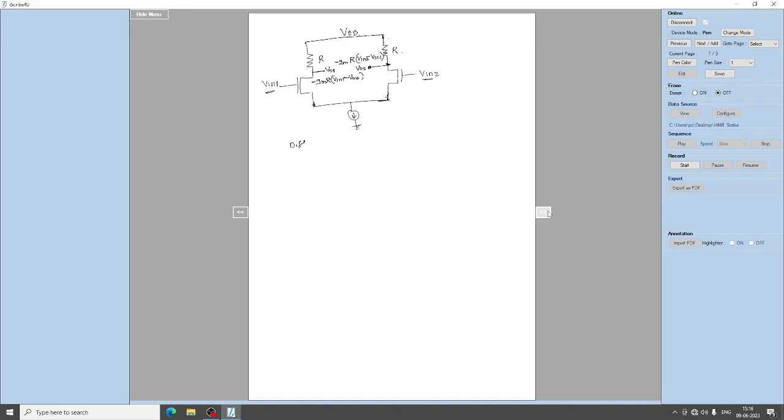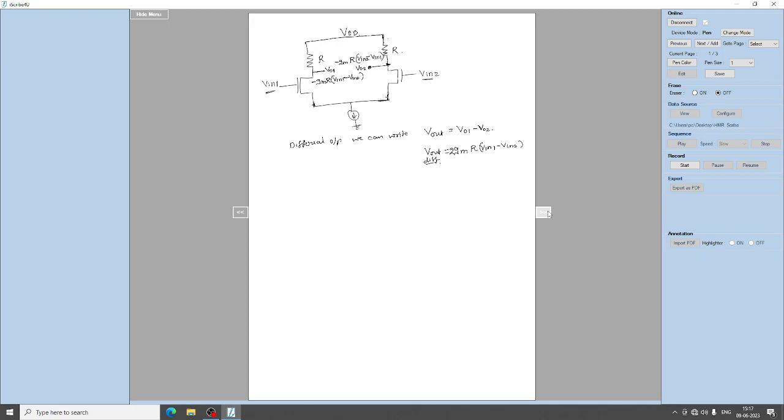So for the differential output we can write V out, which is VO1 minus VO2, as GM into R into V in 1 minus V in 2, 2 times of this. Understood? So this is the differential output,